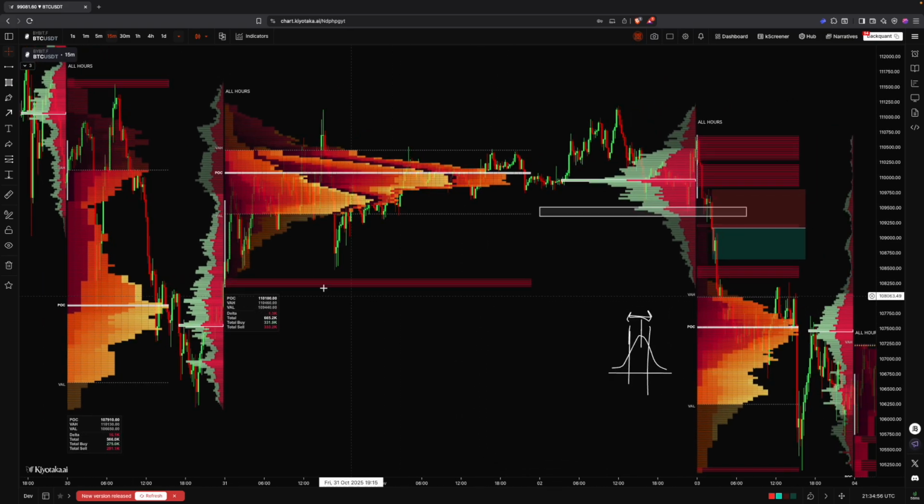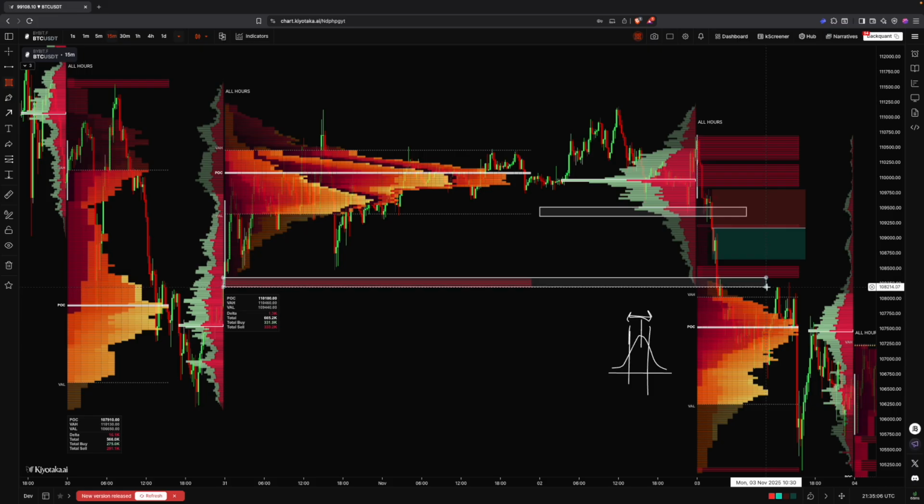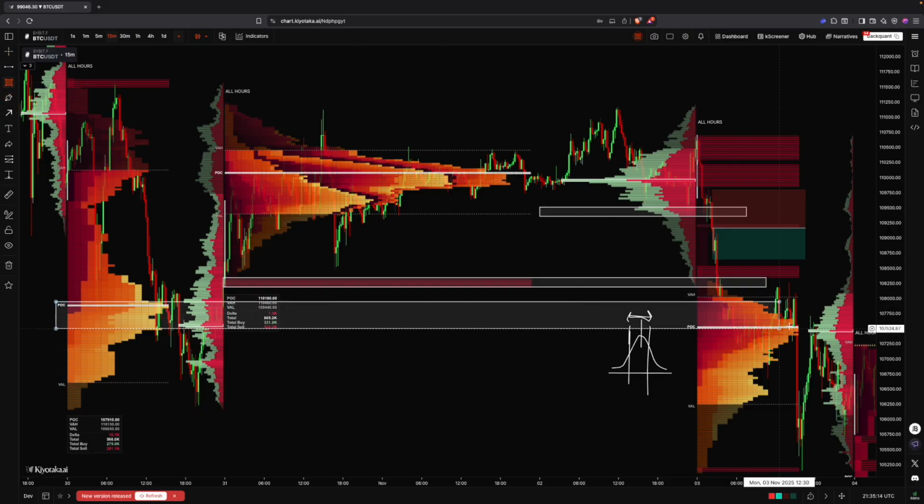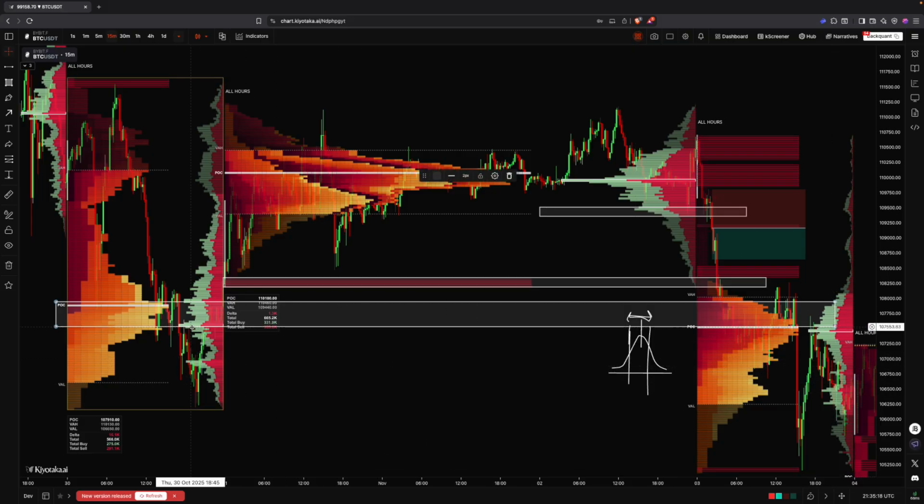And what you can do is look back in time and see where aggressive participants were participating, which was here. There were bullish single prints. I say bullish because price went up from here, as well as this point of control here. This region here, I've just encompassed both the volume point of control as well as the time-based point